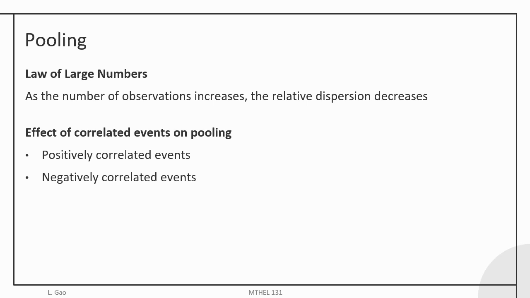Our numerical example with the two-person pooling and sharing was for independent losses, and so were all of these previous simulated distributions. But we want to consider the effects of positive and negative correlation, because oftentimes in the real world it is possible that different kinds of events are related to each other. For example, two people in the same city or the same apartment would face very similar road or weather conditions, would face very similar potential losses due to climate-related catastrophes. And so if one person has an accident, it's more likely that another person will have an accident as well.